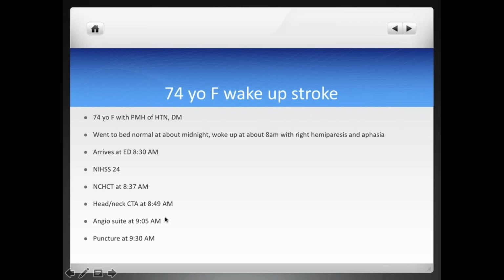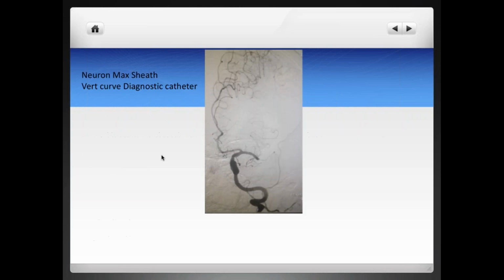And this patient was wheeled into the interventional suite very quickly, and we punctured. We had the groin puncture at 9:30 a.m. So basically, just at the hour mark of arrival into the ED, but very quickly after interpretation of the CTA. And of course, the first angiogram here showing the occlusion in the M1 segment of the left